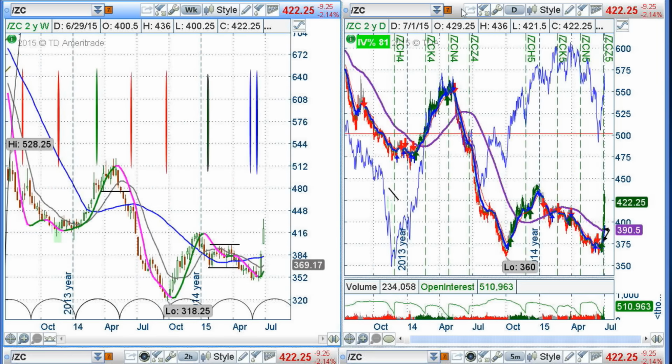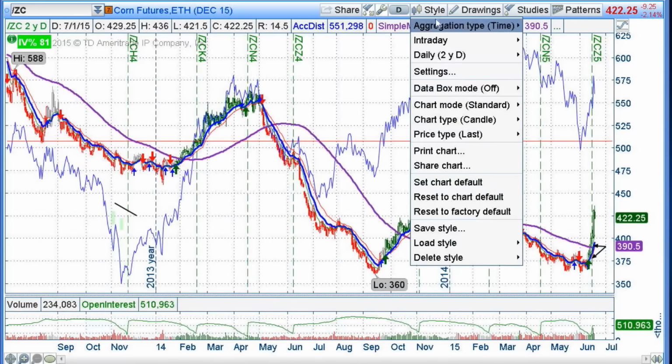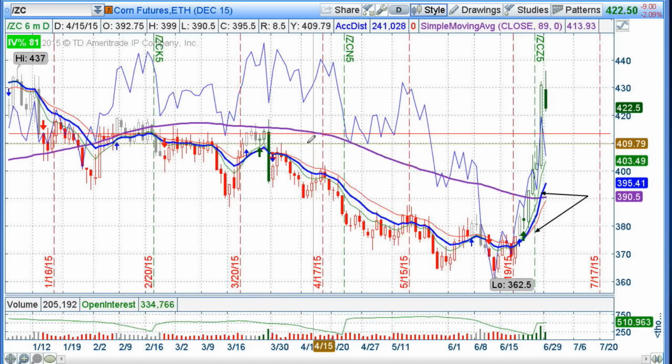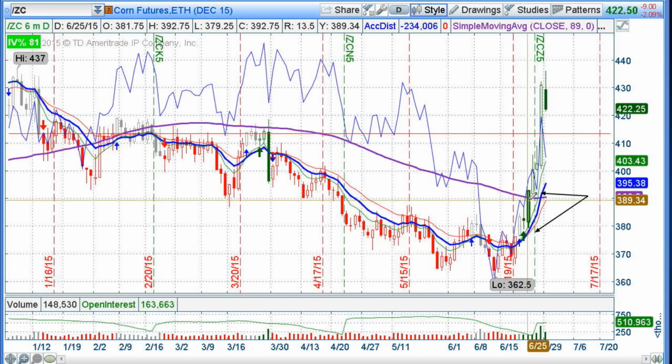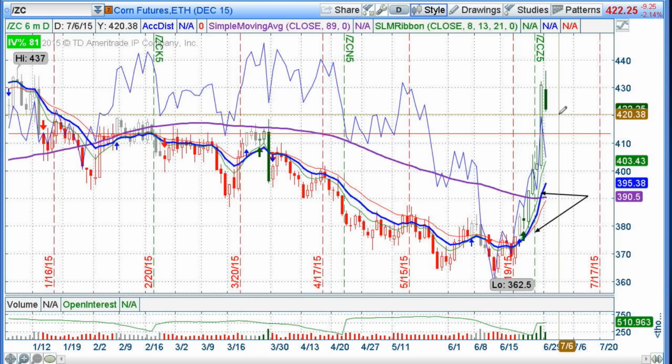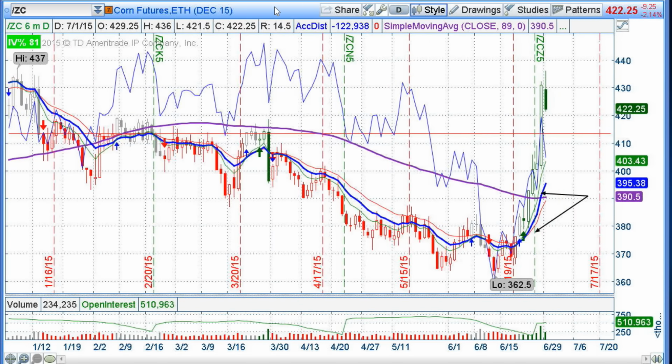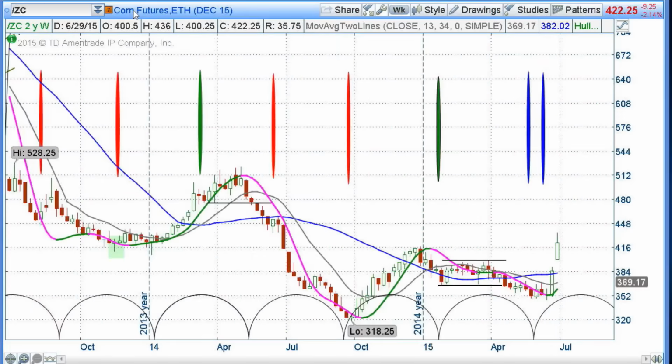We'll switch this over to the daily chart. Let me go back to just 6 months in here, 6-month day. And look at that, it absolutely breaks out over these moving averages. The slim ribbon turns positive, and this thing absolutely has this huge explosion to the upside. Take a look at the wheat market